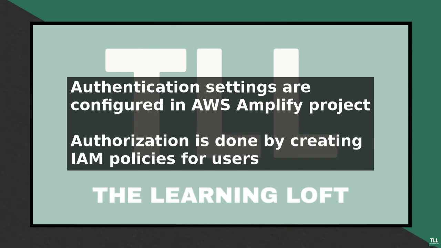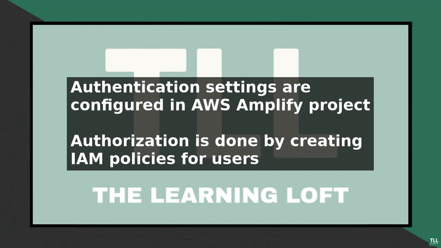To further secure your API, you can use API keys and usage plans. API keys are used to authenticate and authorize access to your API, while usage plans define the usage limits and quotas for your API. You can create API keys and usage plans in the AWS Management Console or using the